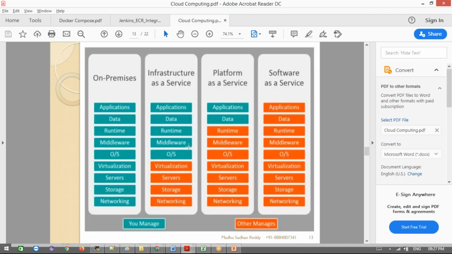Now you can see this diagram. If you go for on-premises, we need to take care of everything. If you go for infrastructure as a service, they are providing up to this point, and the remaining things we need to take care of. In real time, the maximum we are going to use is infrastructure as